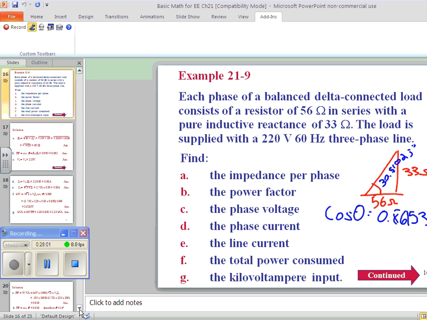So, we know that the cosine is A over H, right? We're looking for H, but we have A, right? So let's take,